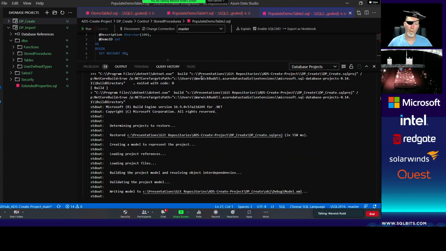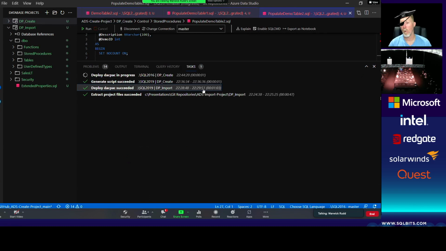At that point in time, what we would be able to do, if we needed to, is use the schema compare to check the differences between our environments when our colleagues are working on them. Or, how are we going for time? Not too bad. Or, if most of you would prefer to be working in the database and being able to just put the changes straight from the database into our project, we can have a look at that, because I believe today or yesterday, it was announced by Microsoft that in the Insiders edition,